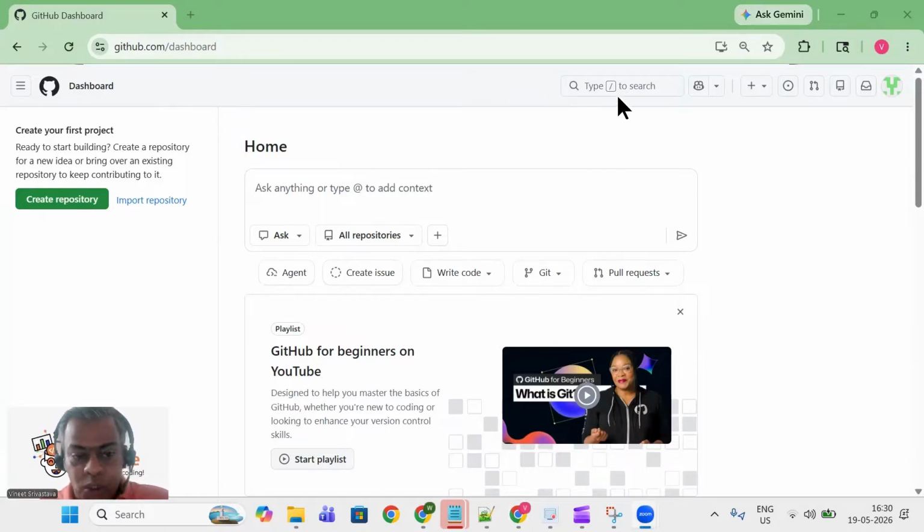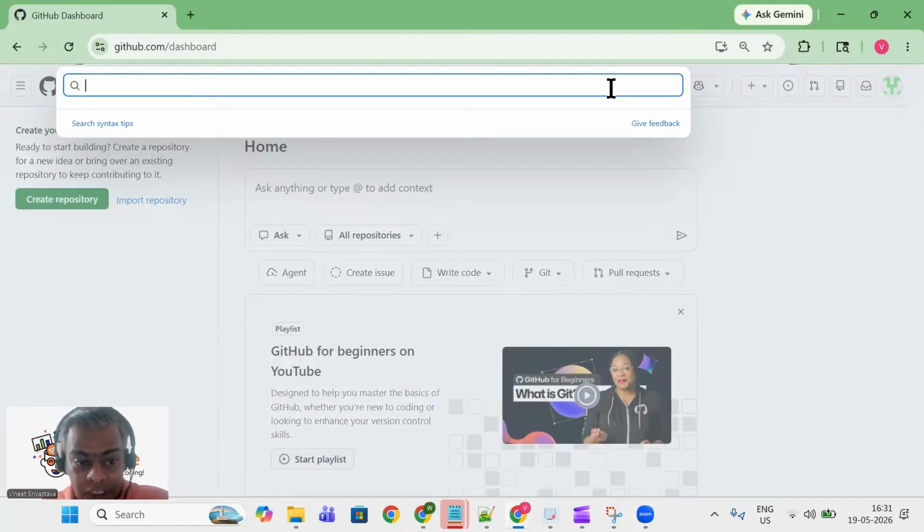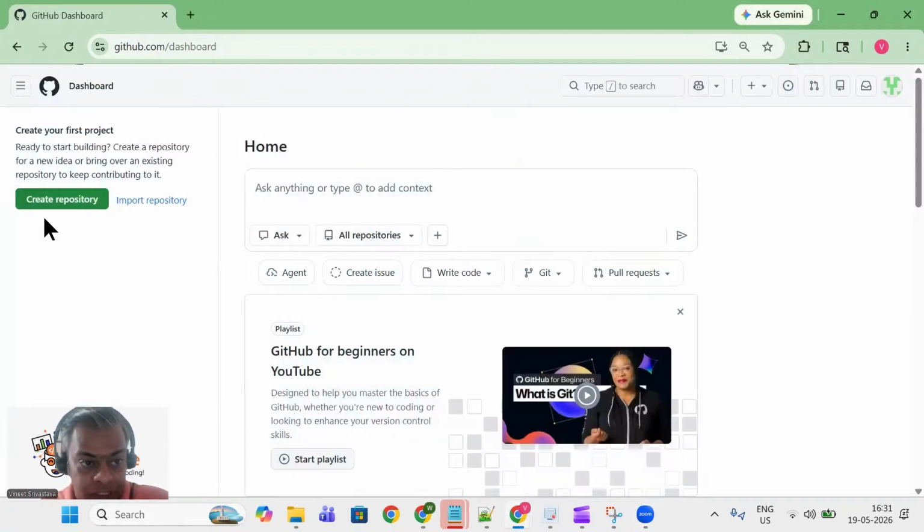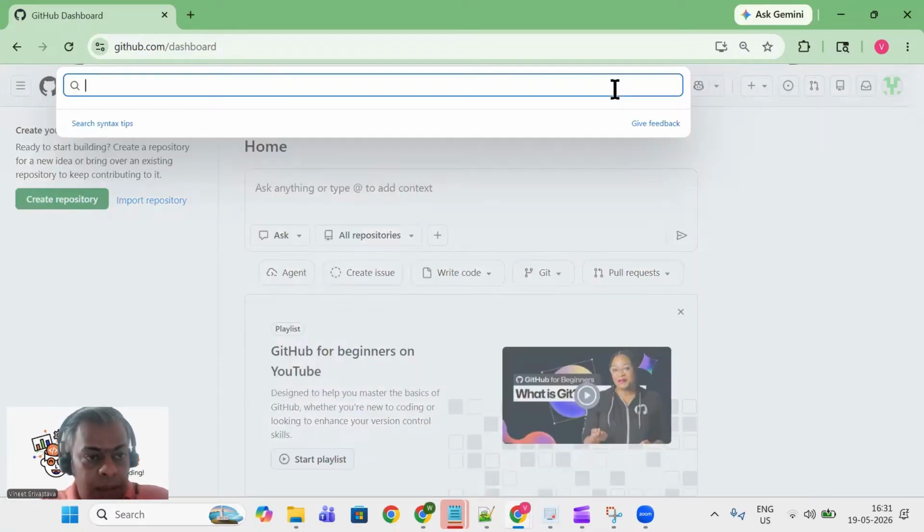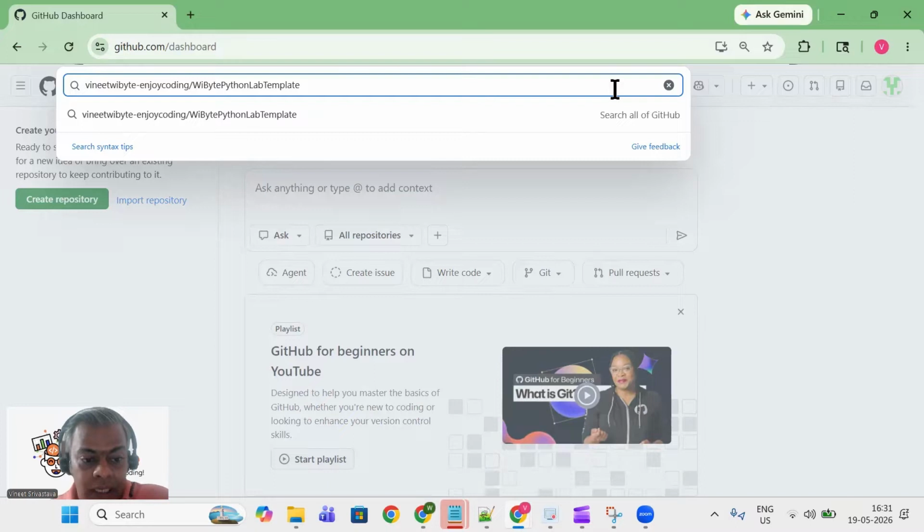What we will do is to create a repository, like I said, from a template. I'm going to click on the search here. Notice I did not create a repository just yet. In fact, I clicked on search, and I'm going to paste the repository that I want to create from. Now, this name looks quite long, but basically it's pointing to the WiByte account that we use. And inside there, I've created a repository called WiByte Python Lab Template, which is what I would want you to